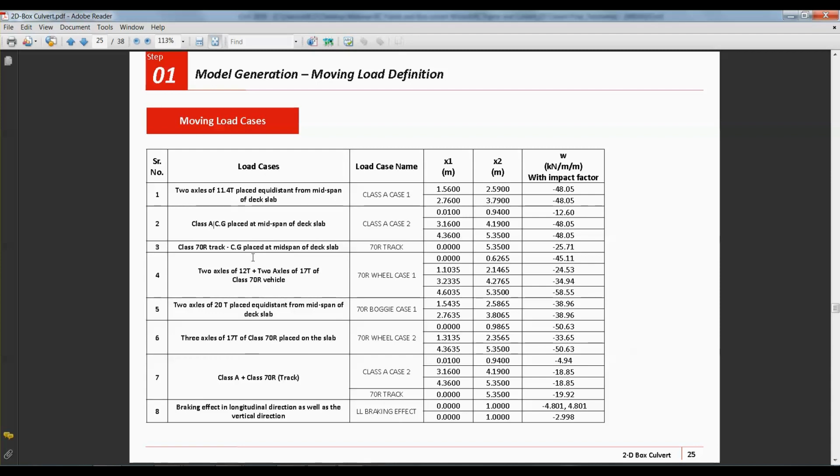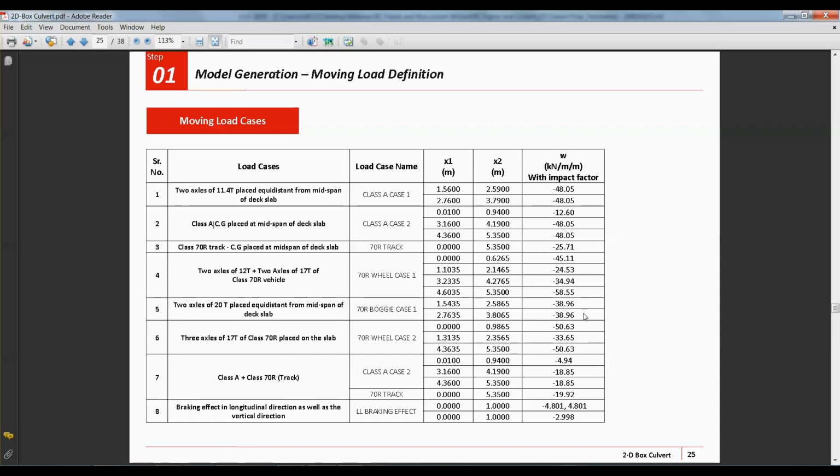So these many cases will be considered as per the requirement of the project. In the same way we have calculated the UDL as per the dispersed wheel length, then the effective width and the impact factor, and arrived at UDL per meter, and then calculated the loading points for each case.